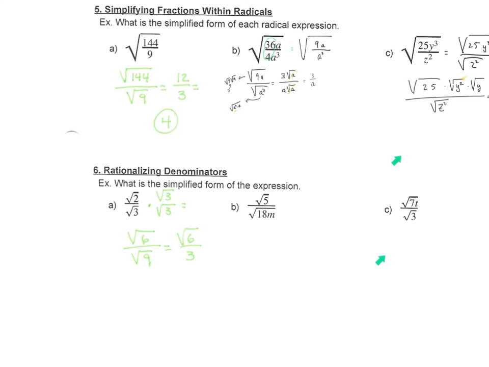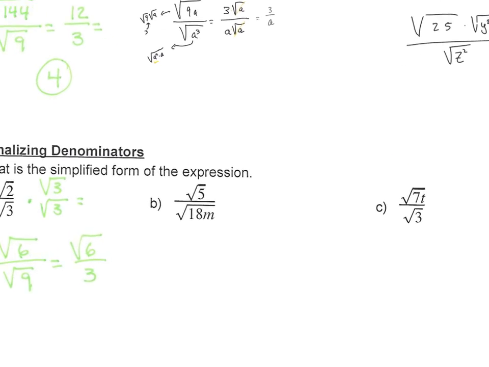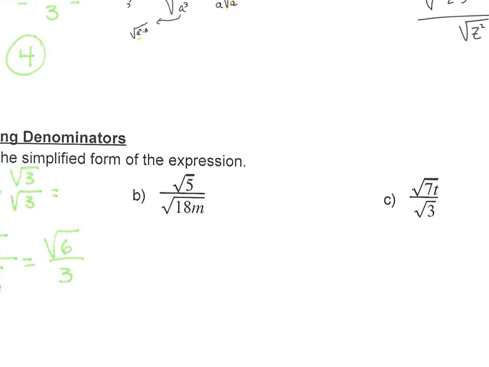So let's see here, looking at this next one, I have the square root of 5 over the square root of 18m. And I'm looking to figure out, well, what does it take to make 18 into a perfect square? Well, I can multiply 18 times 2 and I get 36. Well, that's going to be a perfect square. So I can multiply by the square root of 2, and then I have 1m, and in order to make m a perfect square, I need to multiply by the square root of m. So doing that, I have the square root of 2m over the square root of 2m, which is going to give me